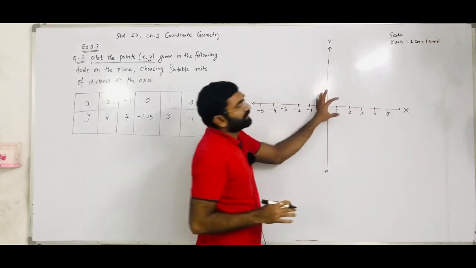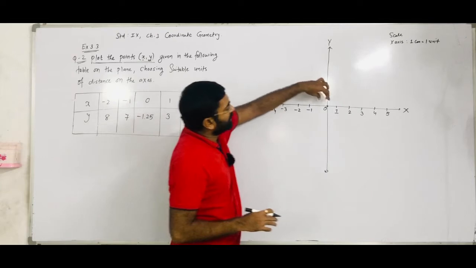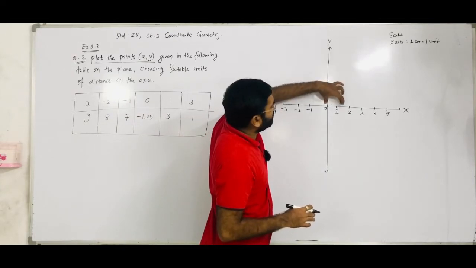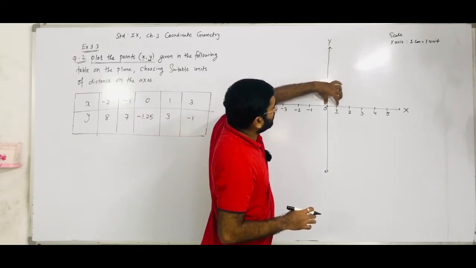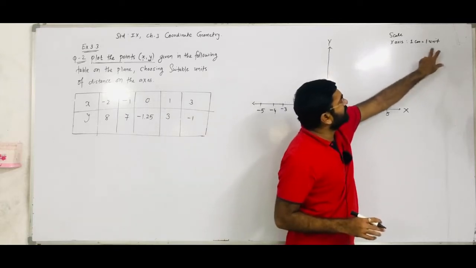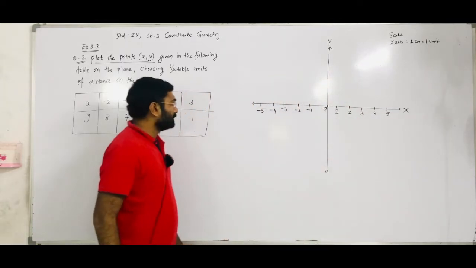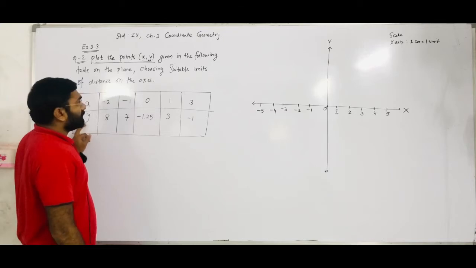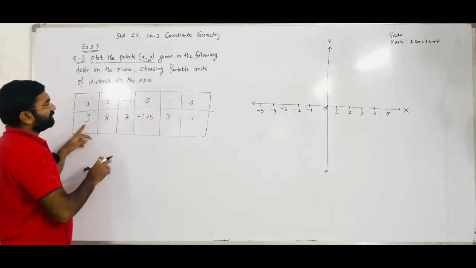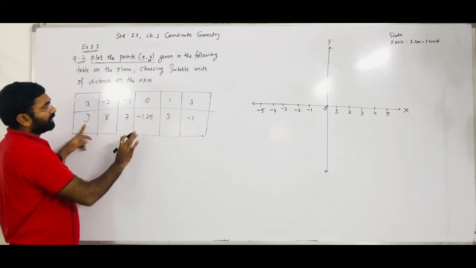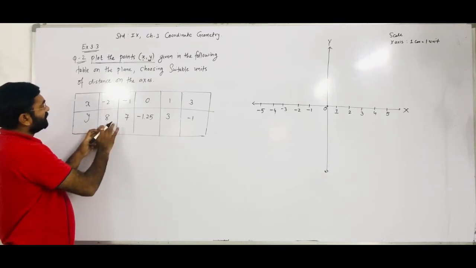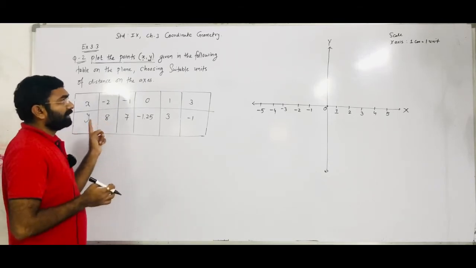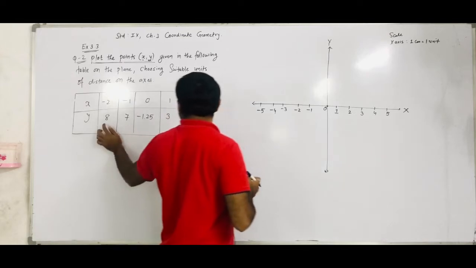You have to plot this graph on graph paper. So you get the two vertical lines here, the main dark lines. This is 1 centimeter, where 1 centimeter is equal to 1 unit. Now on the y-axis, we require a negative value of minus 1.25. On the positive y-axis, we have to go up to 8. The maximum value of y is 8.